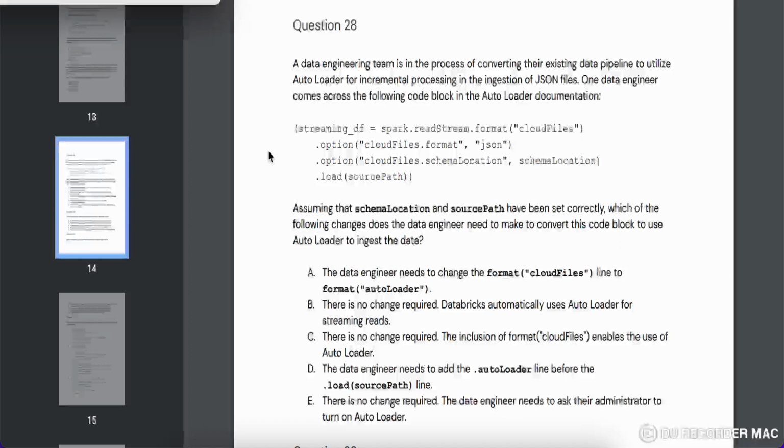Now moving on to the next question. This is also about Auto Loader only. Here the syntax has been provided, and they are asking which syntax is correct, or whether everything is correct. We have to identify. In the first line it says streaming_df. They are creating a data frame, and the first line is spark.readStream.format("cloudFiles").option